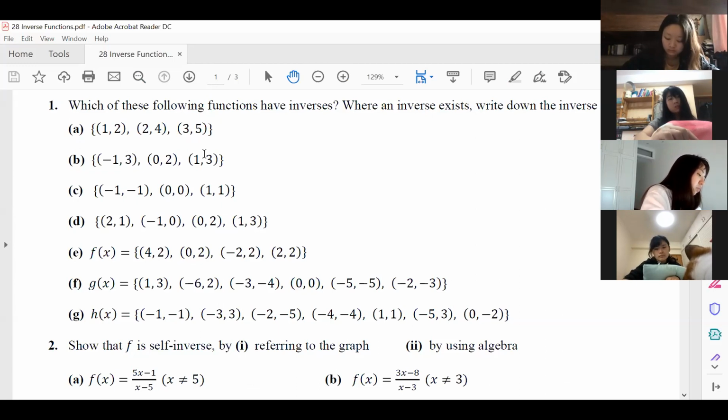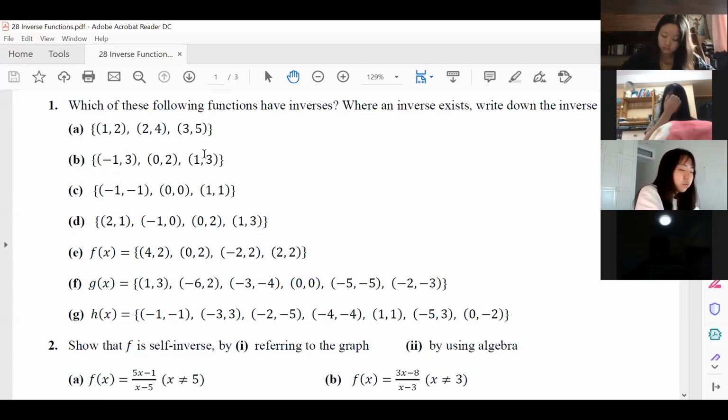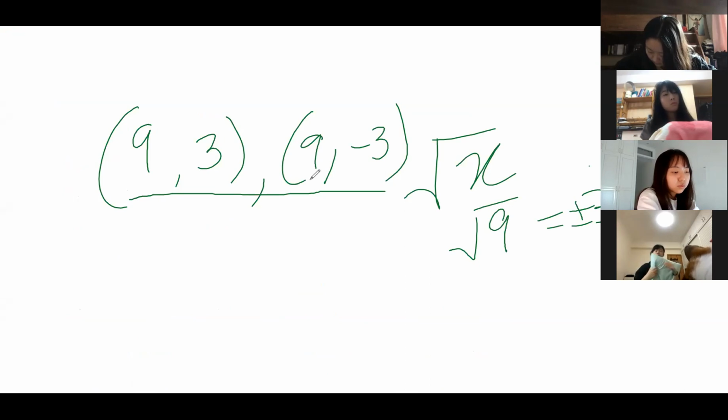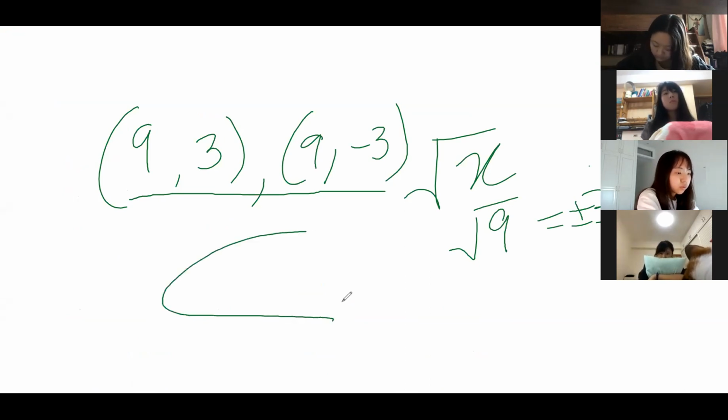It's not a function because it's going to go contrary to that definition in blue. And the definition says no two ordered pairs must have the same x coordinates. And that you can easily link to this test. Remember the vertical line test that we did? That's how the square root function fails. Because the moment you bring your vertical line,